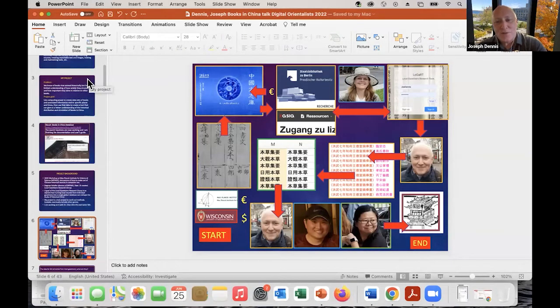The director of the institute works back and forth with these different entities. Then I use software created by the Max Planck Institute to tag information. I'm a historian, and I'm working with two computer scientists, and we created a big data set that becomes the back end for the Books in China database.